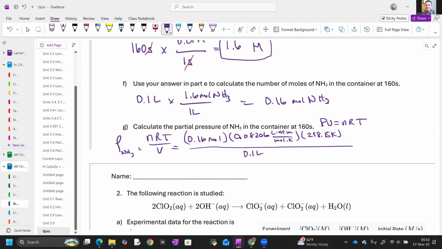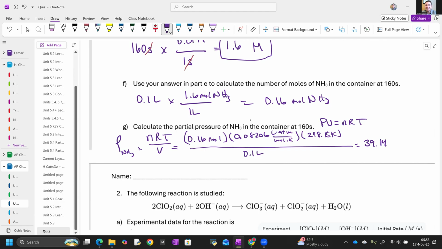0.1 liter. That has to be in liters because of the value of the constant. All right, and so we're going to plug these in. And so we have 0.16 times 0.08206 times 298.15, and then divided by 0.1. What we get is